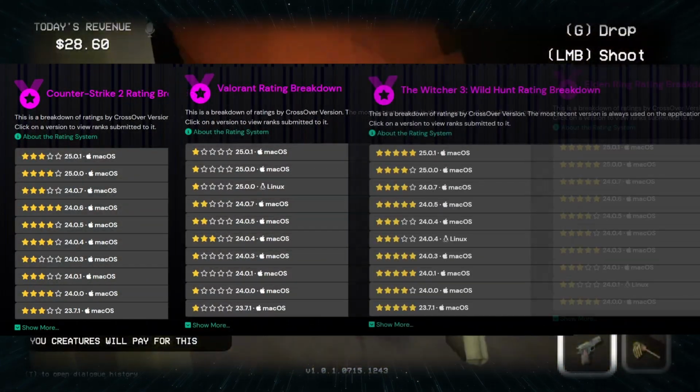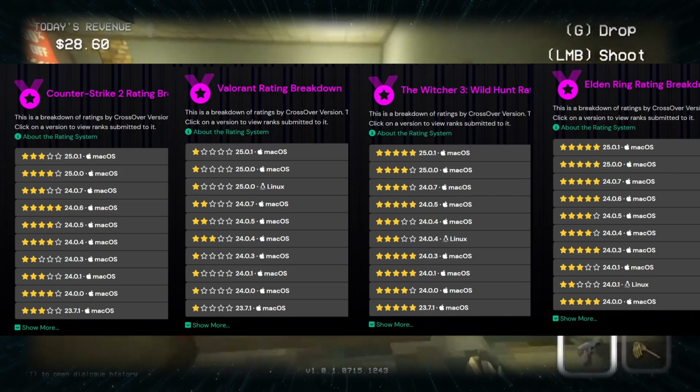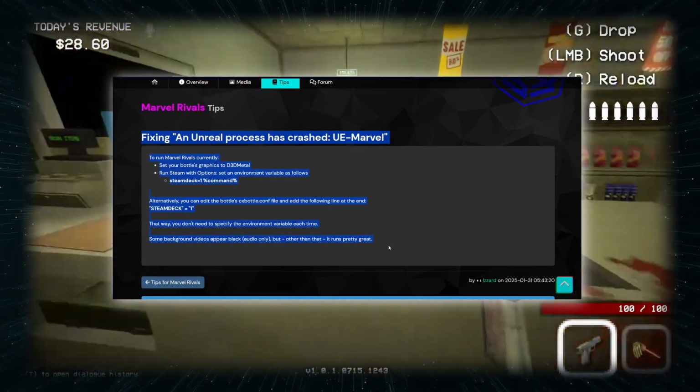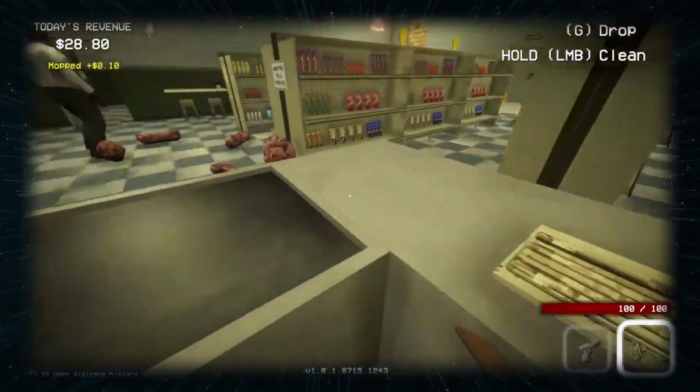Just note that the experience with Crossover can sometimes vary between updates, so don't be surprised if it suddenly starts to break the game. If this happens, check our site for the detailed instructions, or you'll have to research this